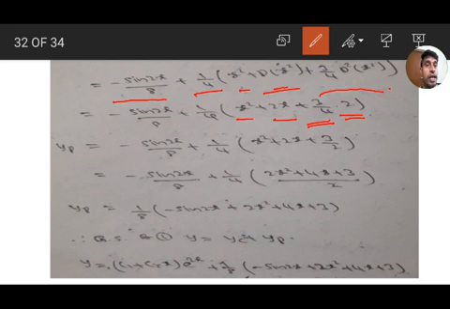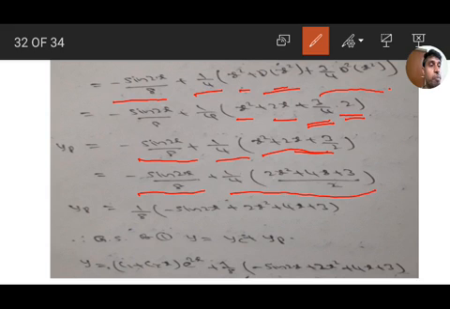So minus sin 2x by 8, that is 1 by 4 x square plus 2x, 2 cancel, 3 by 2. So 2 is the LCM: minus sin 2x by 8, same, 1 by 4 times 2x square plus 4x plus 3 by 2. We get here 1 by 4 into 1 by 2, that means 1 by 8, 1 by 8 common. yp equal to 1 by 8 common means minus sin 2x plus 2x square plus 4x plus 3.